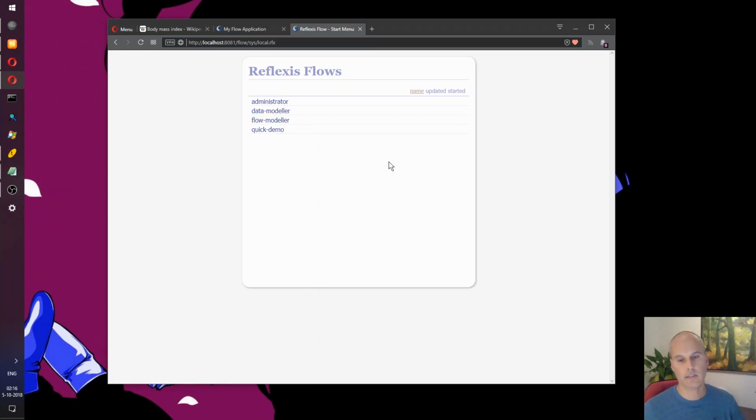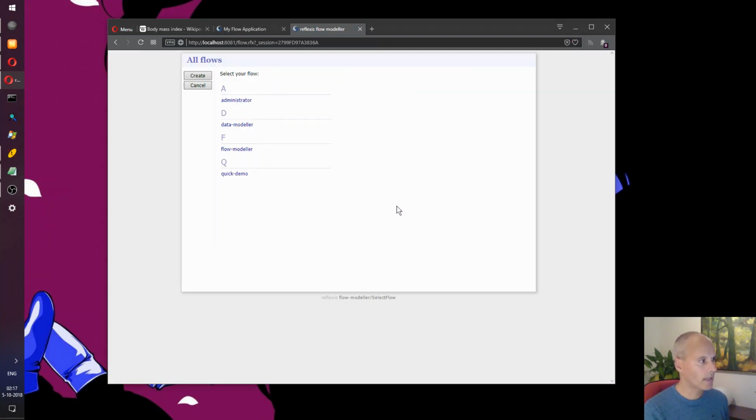Like I said, flow can be used to model web applications, but you don't need to model them using text definitions. We also created a modeler in Flow that helps you model other flows. So here's our flow modeler. The first thing that it does is, I should probably make this a bit larger.